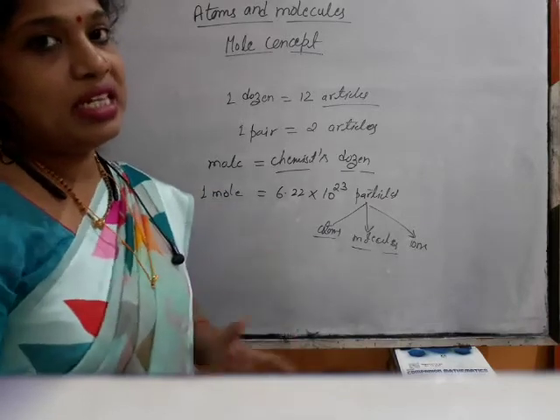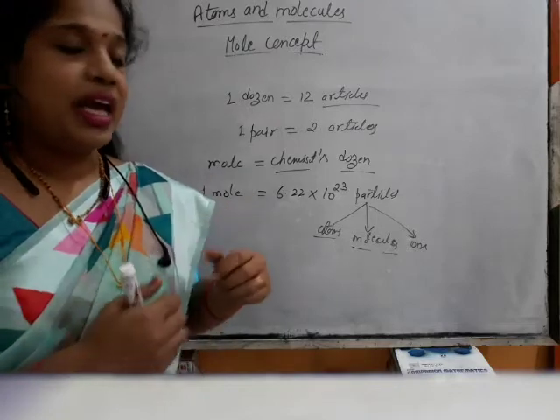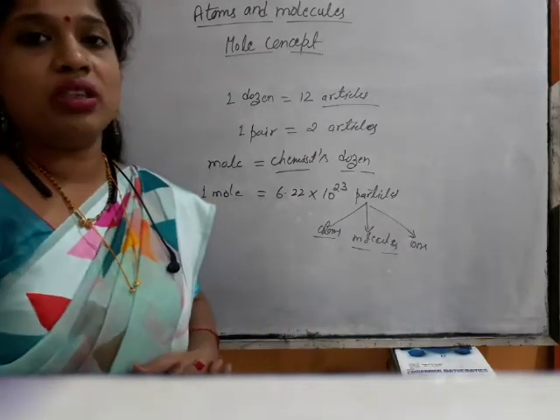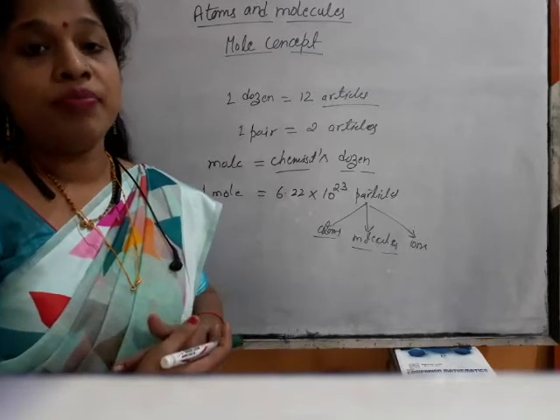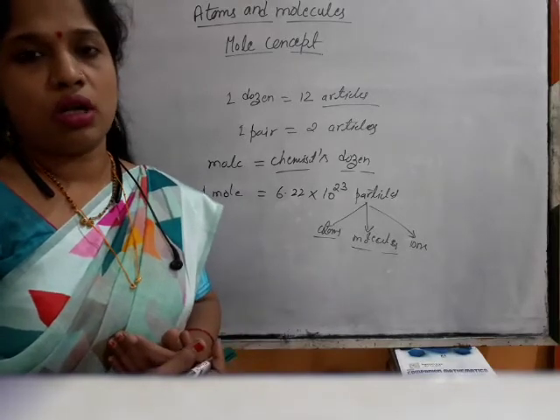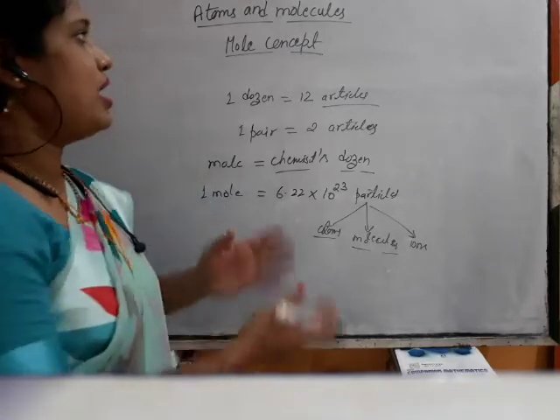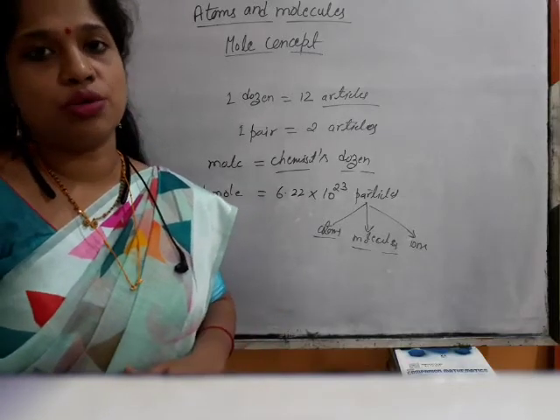So the easier way to use our mole concept is the relation with the molar mass, the mass of an atom or the mass of a molecule, to relate with the masses. That's all. To relate with the mass. That is why just before this I discussed atomic mass, molecular mass and so on.